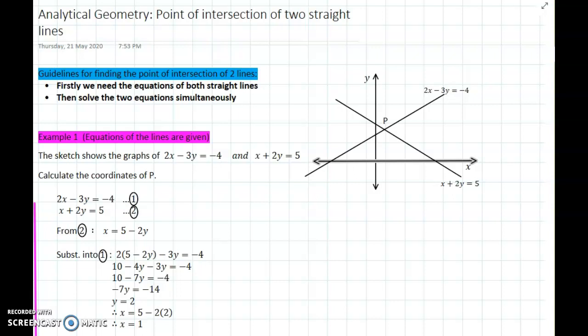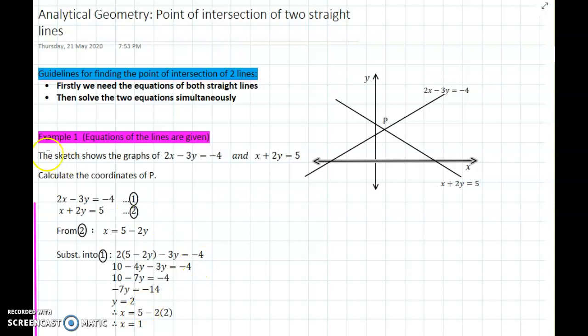Hi grade 11s, in today's lesson we're going to find the point of intersection of two straight lines. Now you've done this in grade 10 where you solved simultaneous equations, and it was two linear equations. So it's basically the same, but it can also be tested in this section to determine the point of intersection